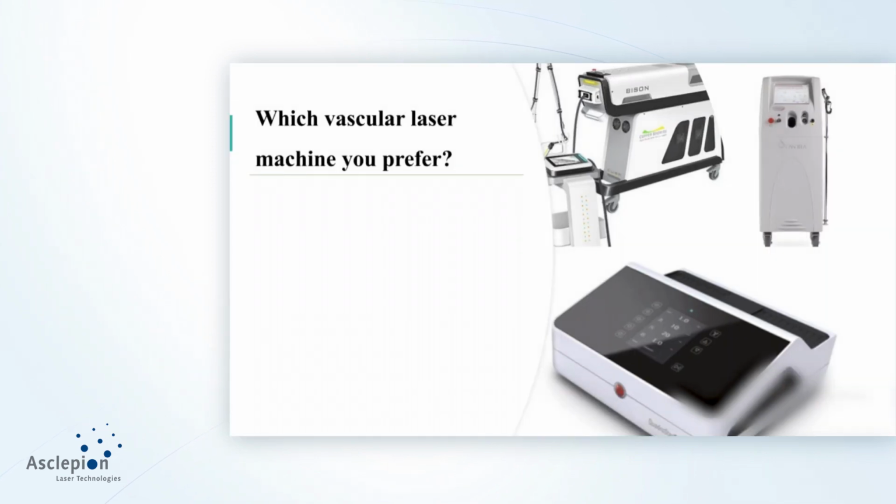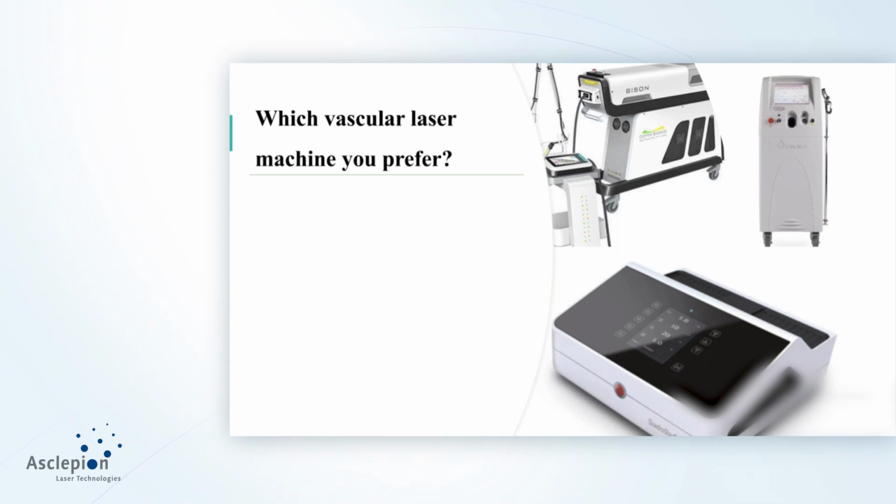When you think of vascular lesions, which vascular laser machine do you prefer? We have three options: pulsed dye, QuadroStar, and copper bromide. Pulsed dye is a famous machine, but it needs consumables every few months. You need to change the dye every few months, and this will increase the cost for the center and the patient. Copper bromide has a small spot size, not suitable for large lesions, and hence we decided to take QuadroStarPRO for our unit.